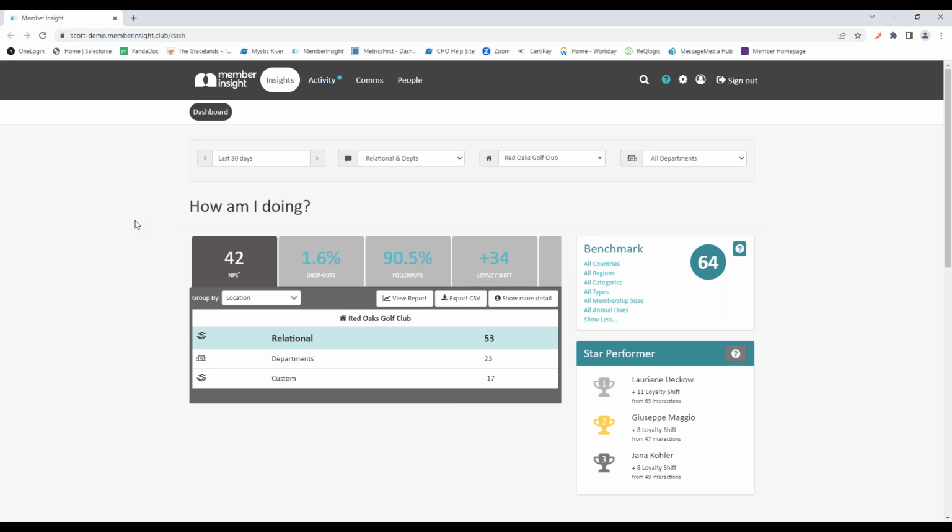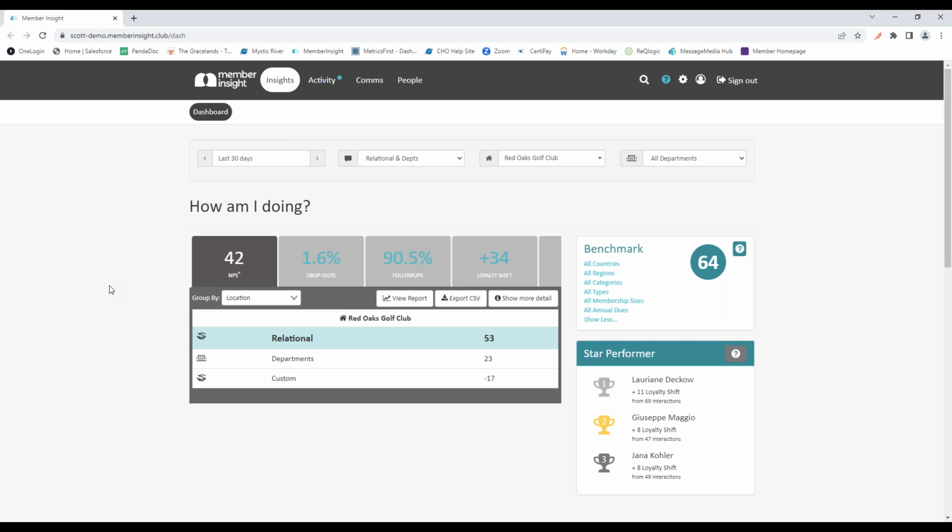So you can get real life feedback from that member as they progress through their first year of membership. The second portion is going to be our department surveys. Now, those are going to be what Trevor mentioned, our POS transaction surveys. These are automated based on POS transactions. So you can set up limits on these as well.